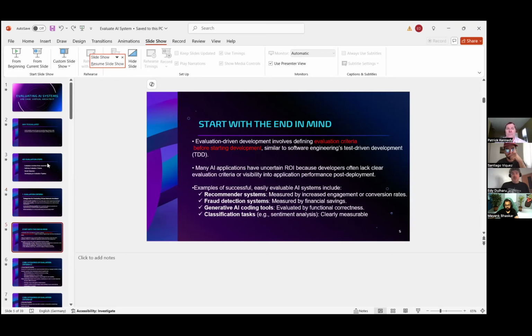I know it's a famous book. I think it was written by Stephen Covey, 7 Habits of Highly Effective People. I love his book. One of the principles was to start with the end in mind. It's a very, very powerful principle. I love it. It's a universal principle. It can be applied to everything, including developing IT and AI systems.